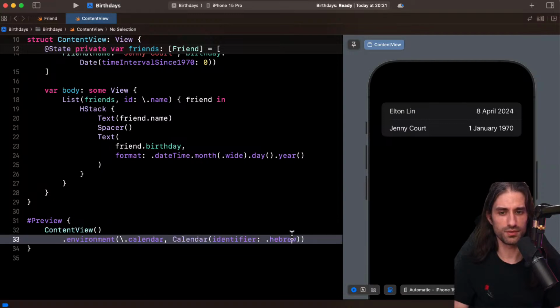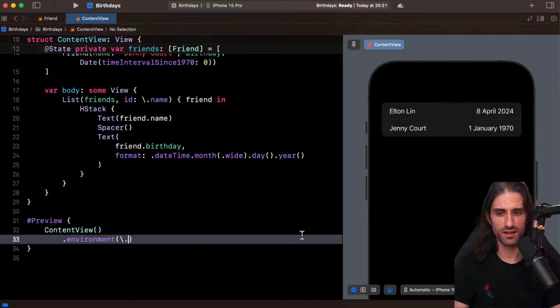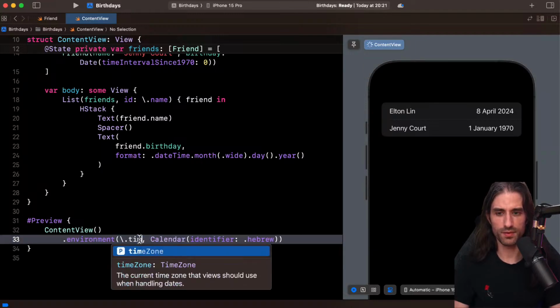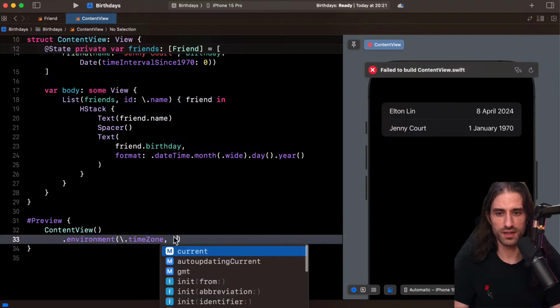Same thing also. So I guess I might not be using the right property to override this. And how can I override something like... So I was looking at the locale. I wanted to check, oh yes, the time zone. Maybe that's what I want to override actually.